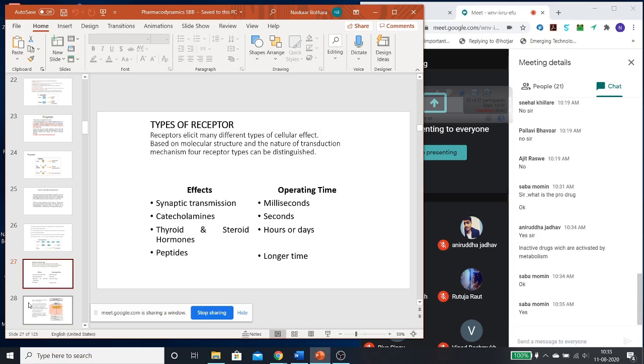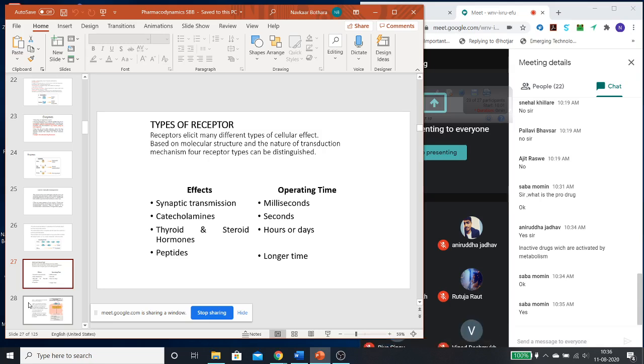So types of receptors, there are many different types, we know about it, and I was telling you, now I have compiled it. We have seen if it is an ion transport type or transporter type, it will be acting in milliseconds. If you remember, I told you at that time. Catecholamines will take some seconds. Thyroid type of hormones will take hours or a day. Peptides or glucocorticoids will take even longer. So we have got a range of receptor mediated action, which is from millisecond.